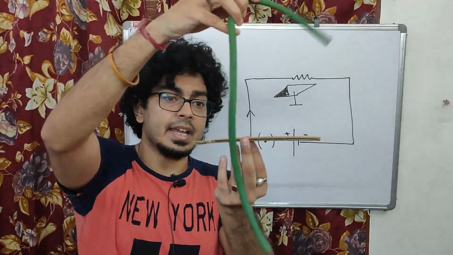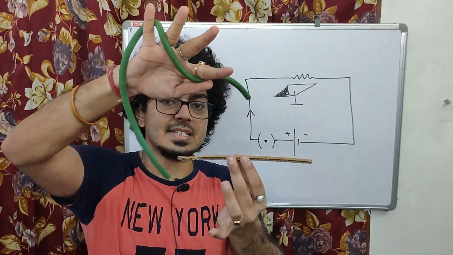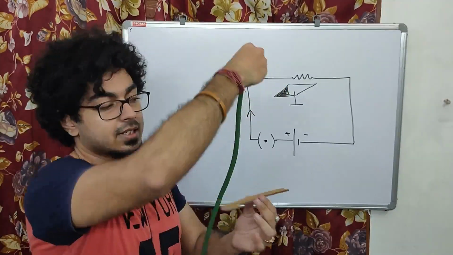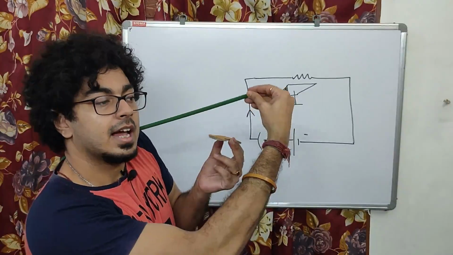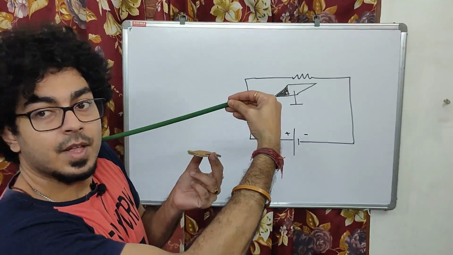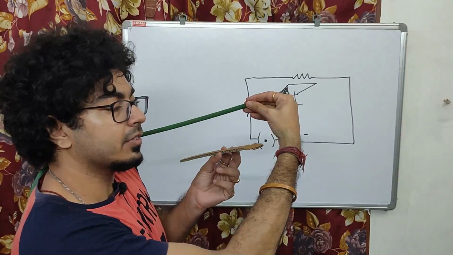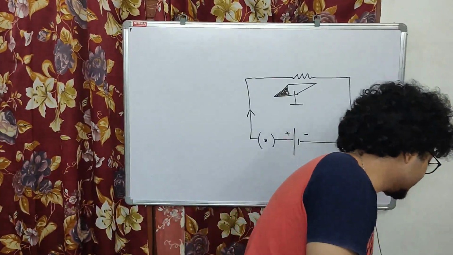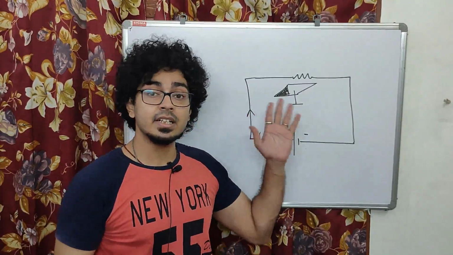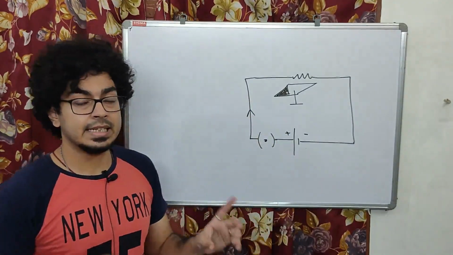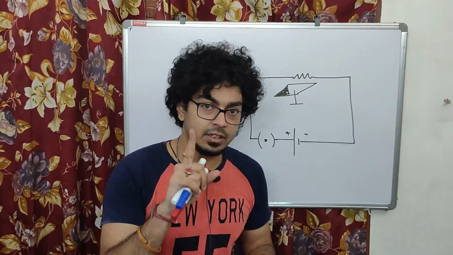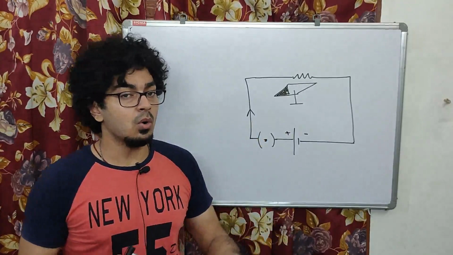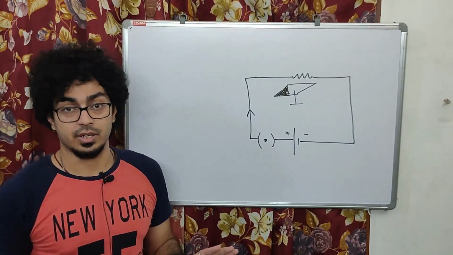On the upper side there is a current passing through it. So suppose this is the current passing, and below there is a magnetic needle. The moment current passes through, the magnetic needle deflects. When the magnetic needle deflects, it is very clear that there must be a magnetic field. That is why this magnetic needle is deflecting. So how did this field appear over here?